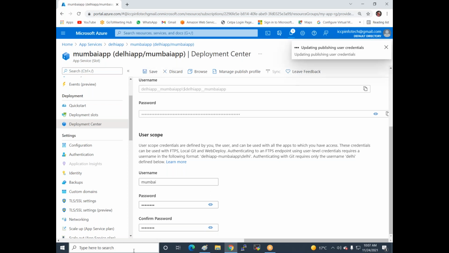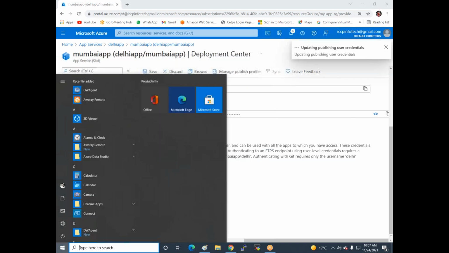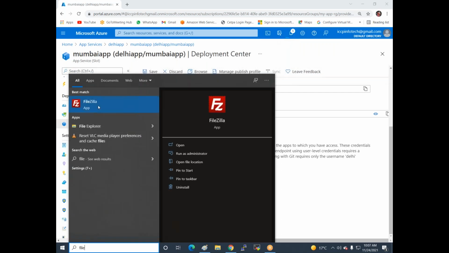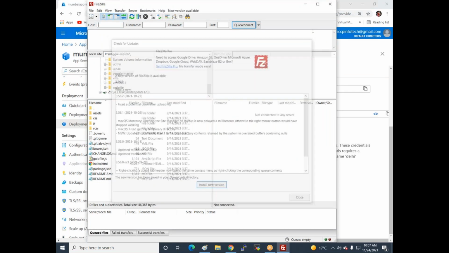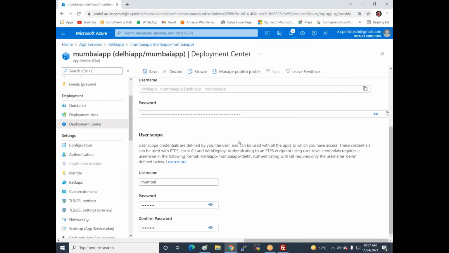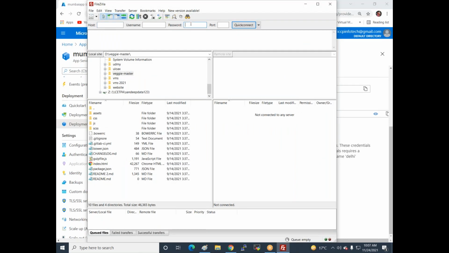Then again I'll open FileZilla and upload one more website in this app service. The username is AHT at 1234. Password is AHT.